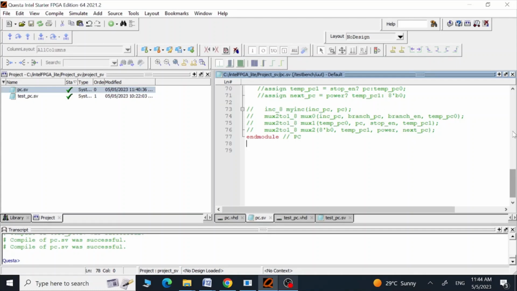In this video, we are going to see how we can design a program counter using the structural model approach. First, using a SystemVerilog program and then using a VHDL program. So this is a